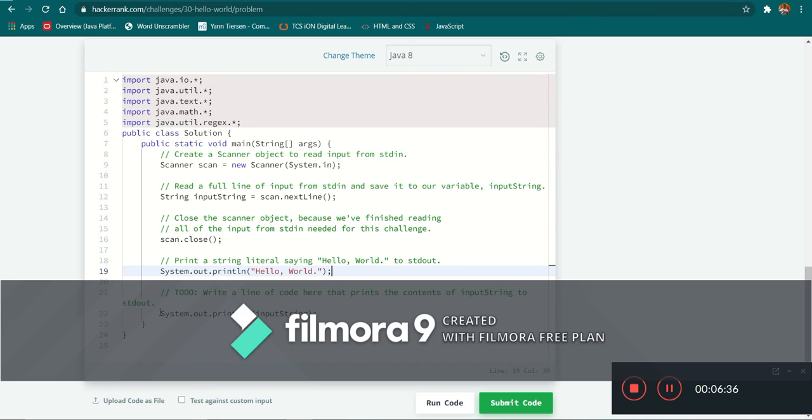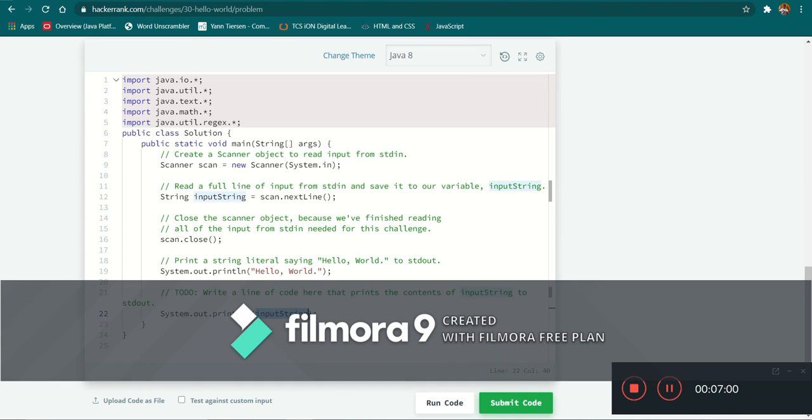And the last step of the program is to print the input that we received at the beginning of the program, that is at this line. What the user entered here is what we need to output in this line. So System.out.println, and in the brackets we enter the variable name.